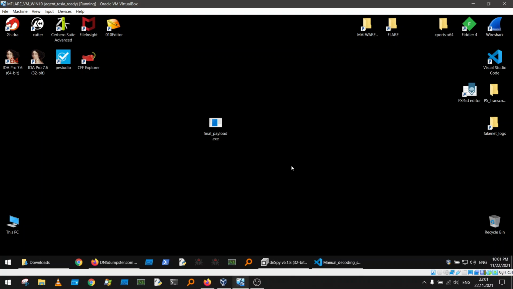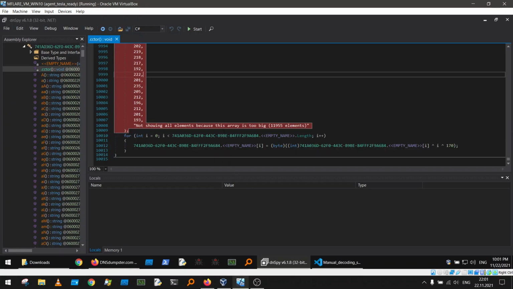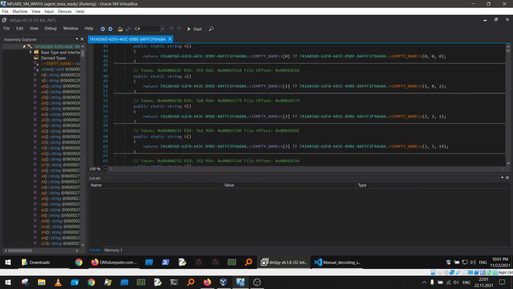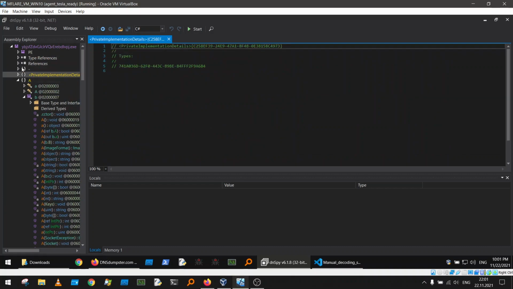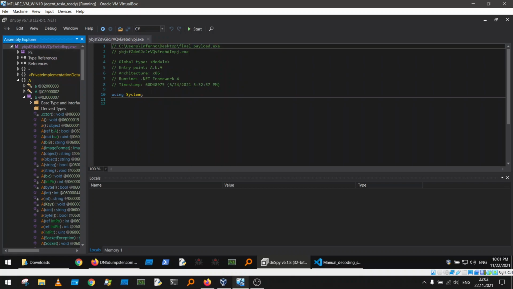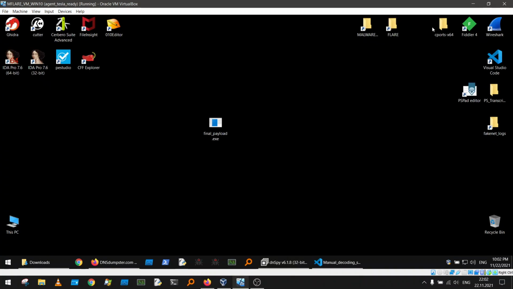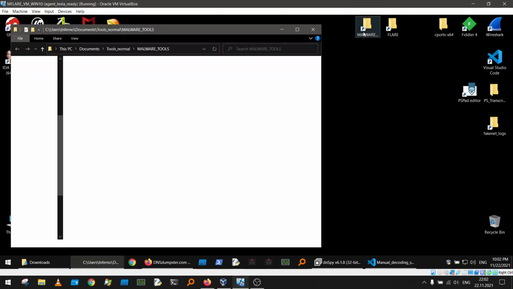Now we can jump to de4dot, because as I already told you, what we want is to get rid of these methods, all the namespace, all the decryption class, and have nicely readable code. In the main, we want only the strings and not these method calls for decryption of strings. So how can we do it nicely? Just go to the de4dot